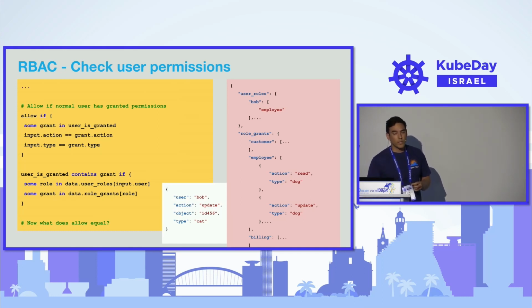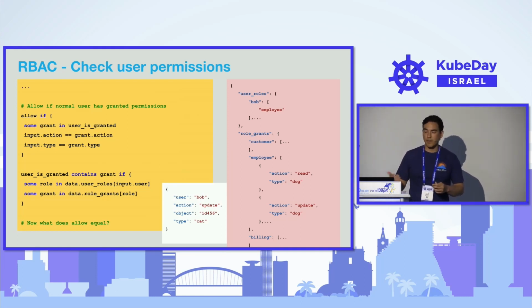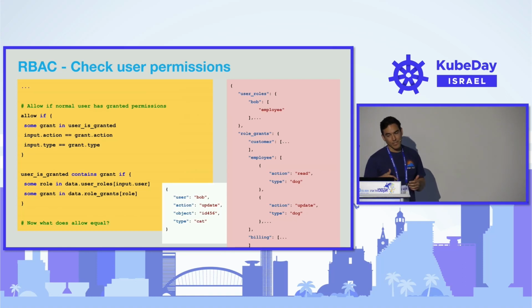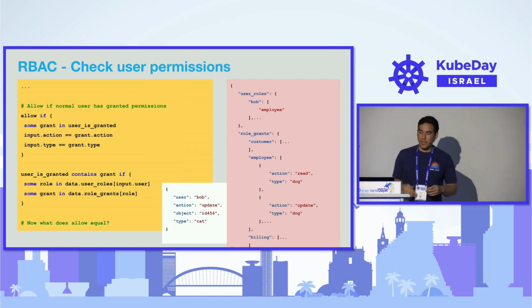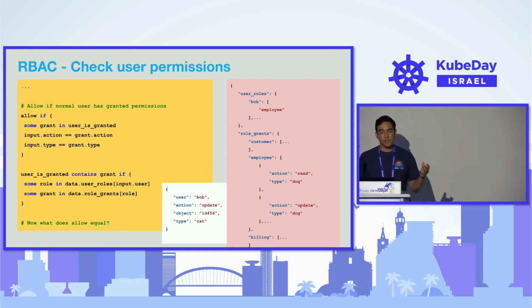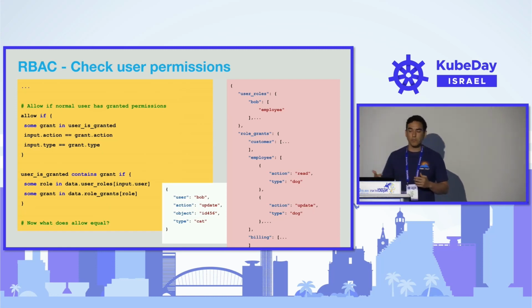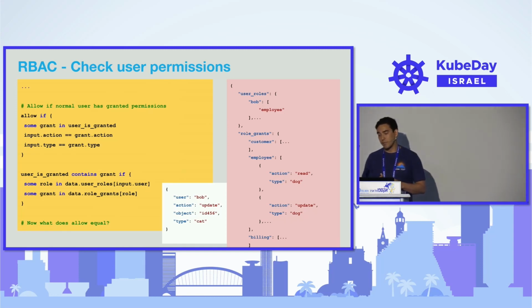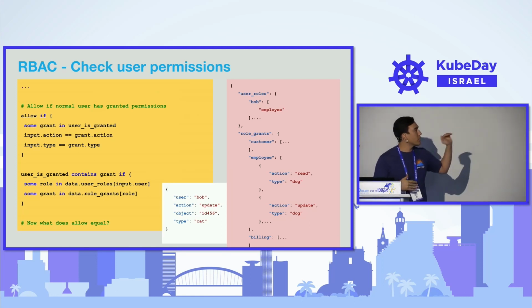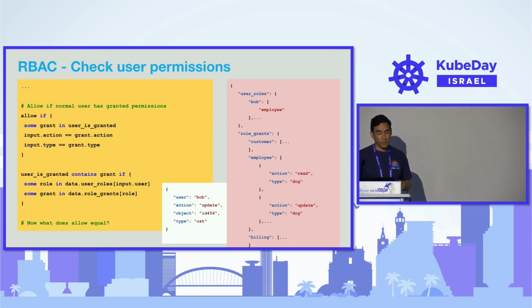And what we are looking for here in the input box, we can see Bob is trying to do an action called update on object ID 456 with type cat. We are looking through this data set on the right-hand side, and we're seeing that it doesn't quite match up. Bob doesn't have this type cat assigned to him. So as we are cycling through the roles and grants that Bob has assigned to him, we are seeing that he doesn't quite have the permissions that he needs. And so as Rego is going through this list, when these things don't match, these rules default back to that default of allow equals false. And so